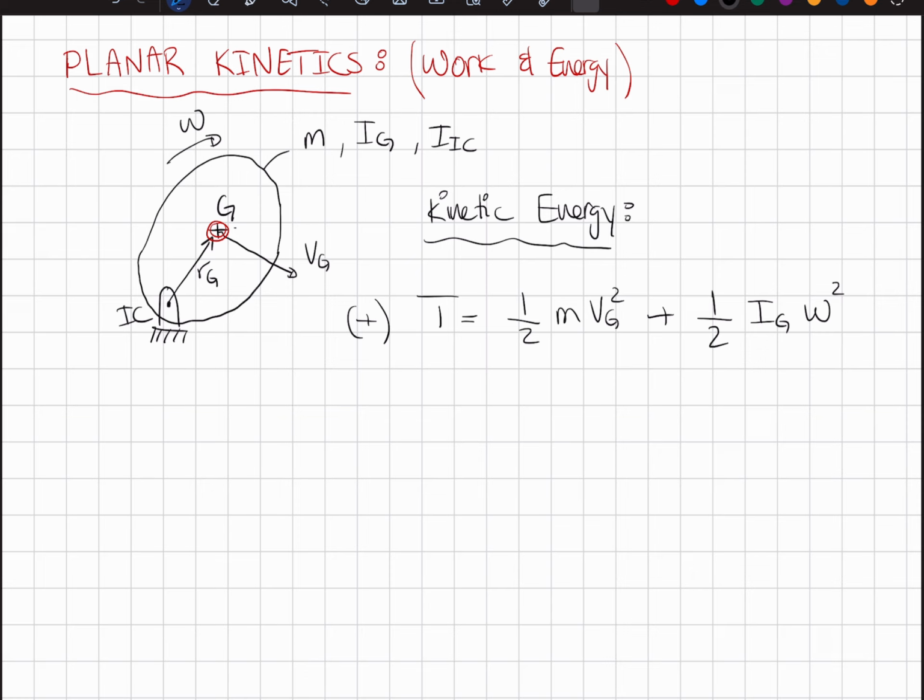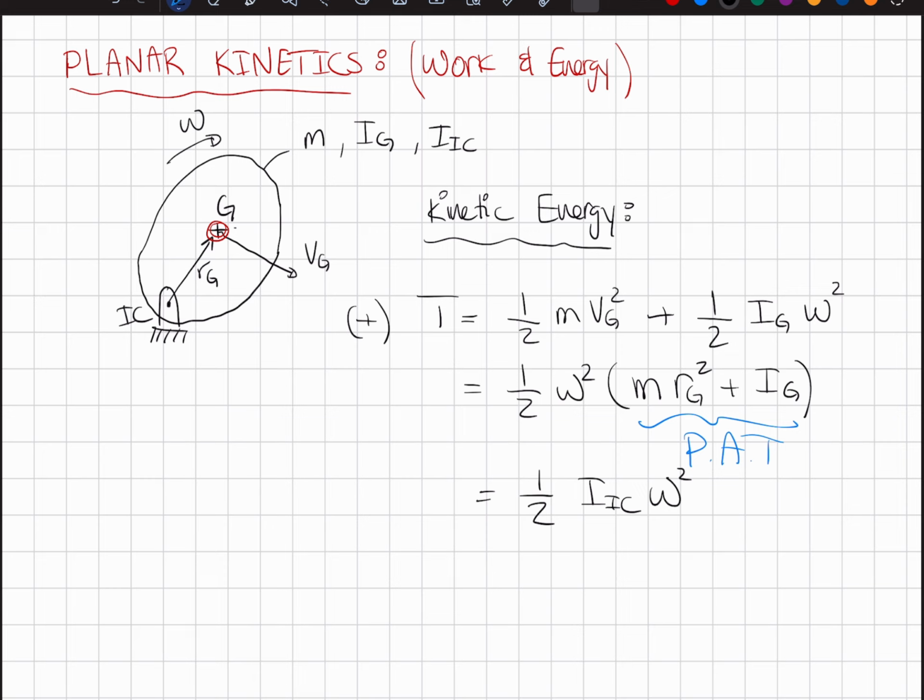Now, another thing I could do is factor out the 1/2 omega squared. And this gives me the following. Now, if we go back a lecture or two ago, we can remember the parallel axis theorem. And what this allows us to do is to shift the center of rotation that we're considering from G to the instantaneous center. So we could say this whole expression equals to